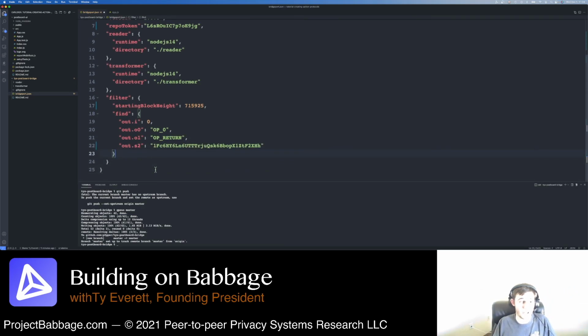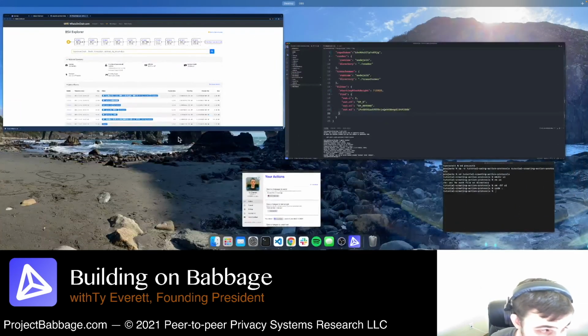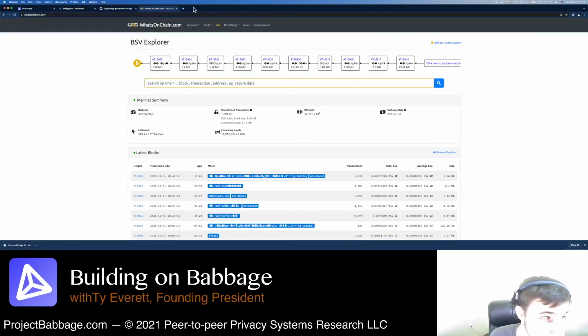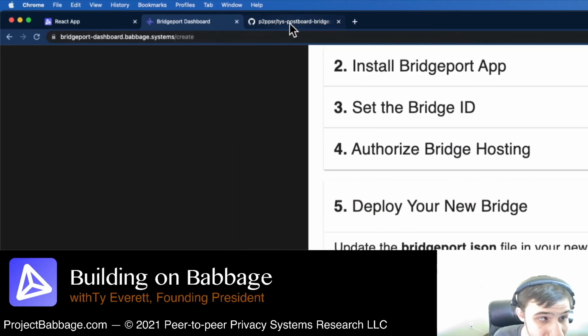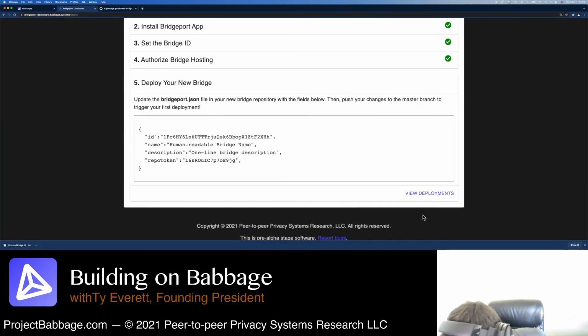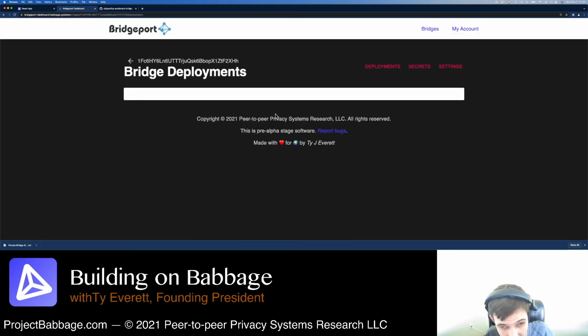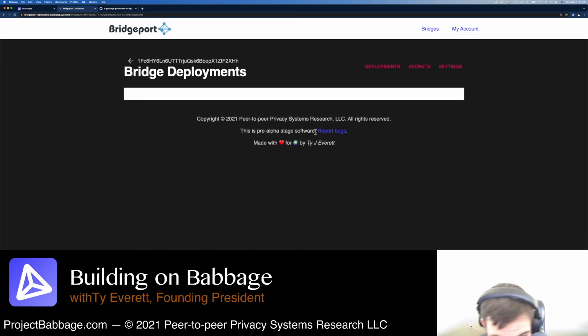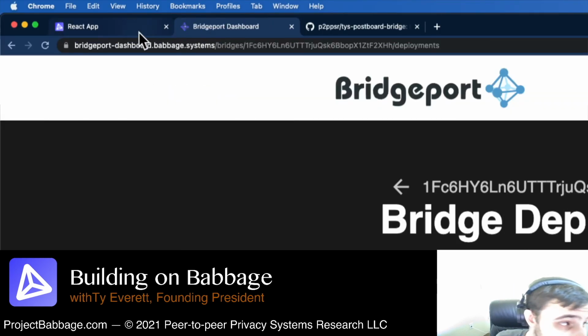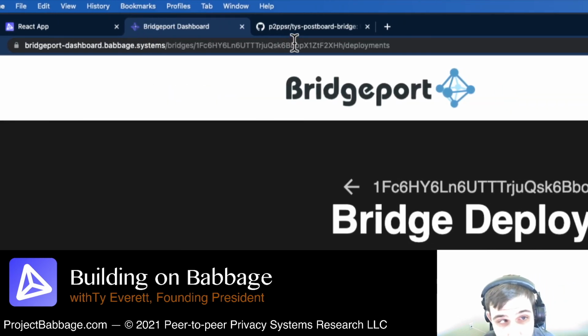So we've defined what Bitcoin transactions we care about, right? If I go to the Bridgeport docs, and I'll pull this up here, that's like one of the steps. I'm closing out of what's on chain. I'm going to leave this open because when we commit first, it's saying we've got to make a commit to master before we could actually just see this, right? I just hit finished and we see there's no deployments. So I'll have to refresh this page, and I'm just going to close out of this as well. I'll have to refresh the page after I commit to master on this repository when the deployment shows up. But point is,